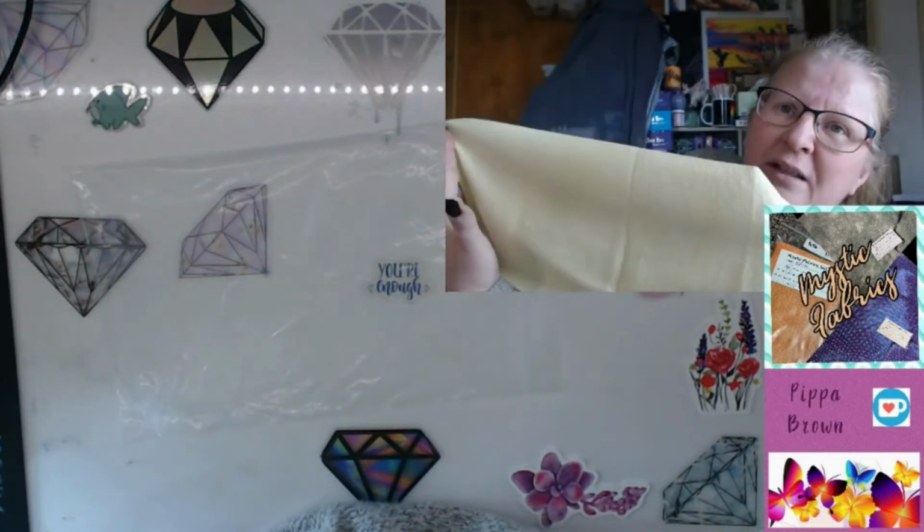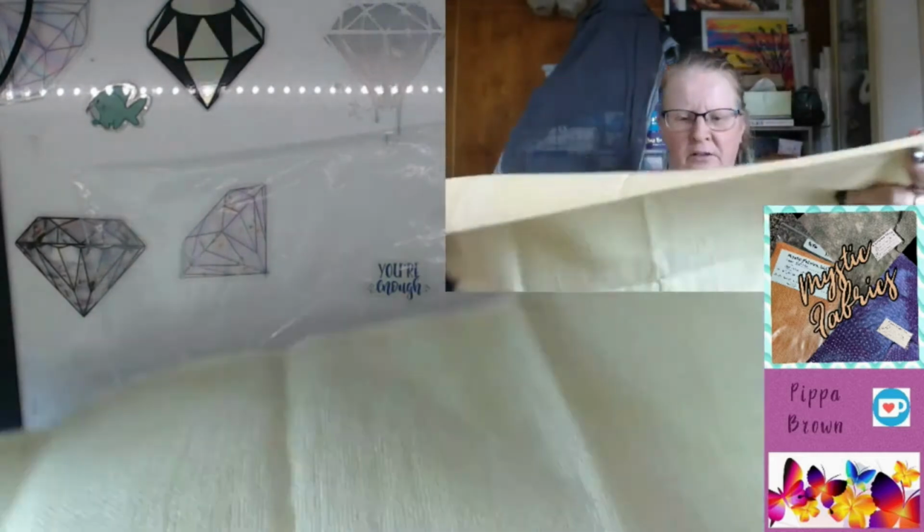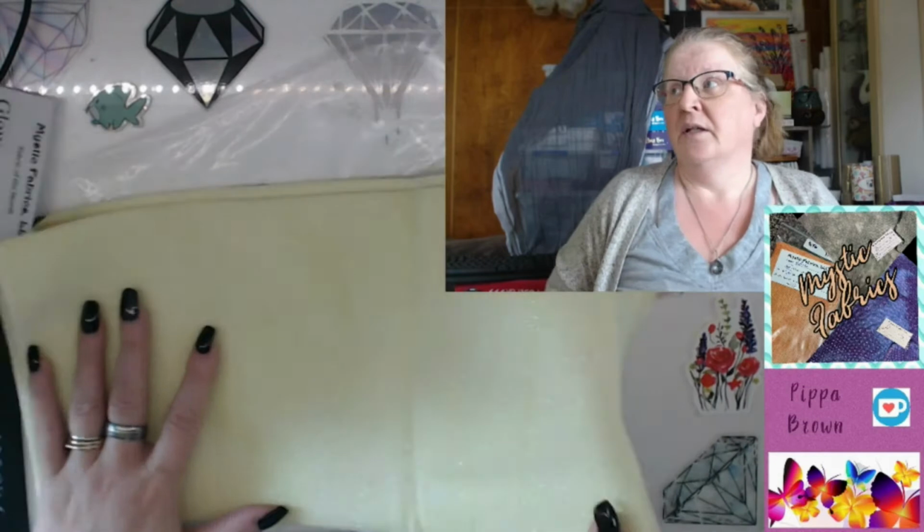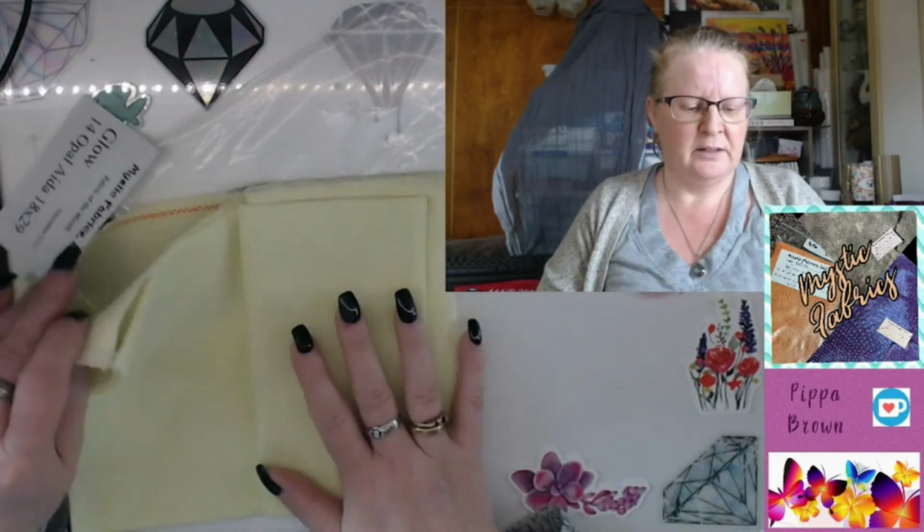It's not going to pick up because the light is just way too weird here at the moment. It's grey sky and gloomy. Excuse the hubby as he